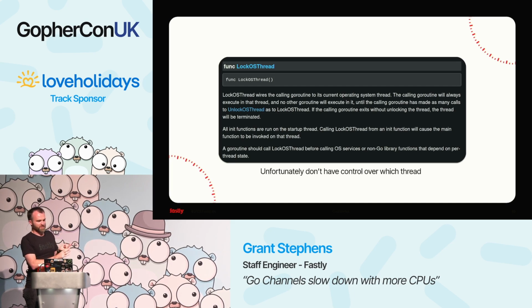That breaks because, one, you're going to have multiple workers and multiple senders, so you can't lock them all to the same thread. You also have no control over which thread it gets locked to. So you could end up, by chance, locking everything to a single thread, and then you might as well be running your production load on your laptop. So not recommended, but fun to play with.